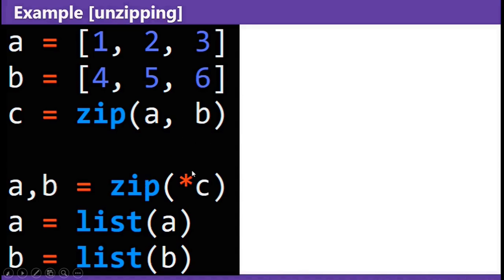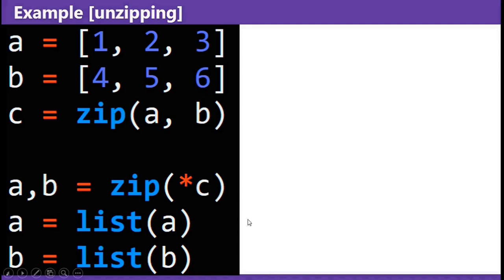This is how unzipping works once a list is already zipped together. Pass in star original zip object into the zip function again, and use tuple unpacking on the left side of the assignment. Notice I did in fact say tuple unpacking. Regardless of the type of the container you initially zip together, unzipping will result in a tuple. To get back to the original type of the container you passed in, you can just wrap the tuple in the proper container constructor function you want. In this case, I just wrapped A and B in the list constructor function.